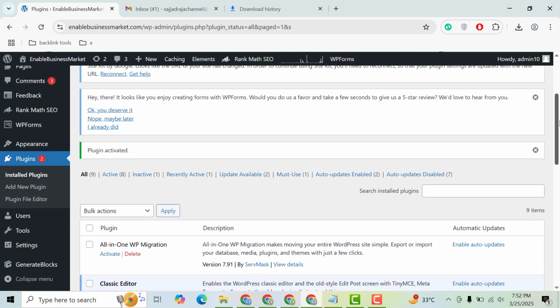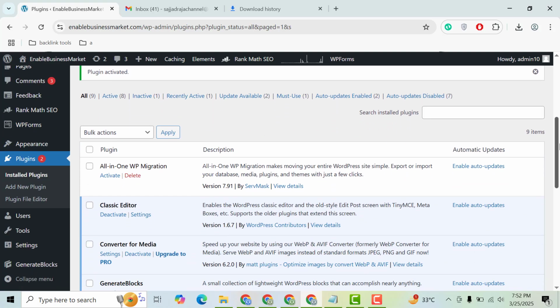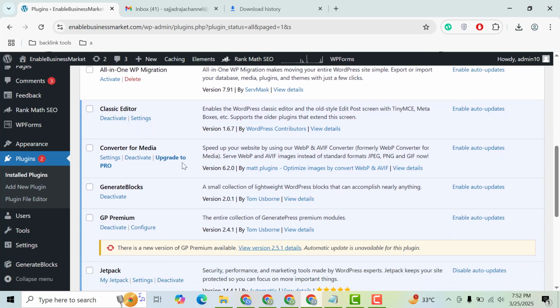Now scroll down, and here you can see this one. Just click on the settings. You can use the free version. You can also upgrade to the paid version if you have a large business website. So just click on settings,